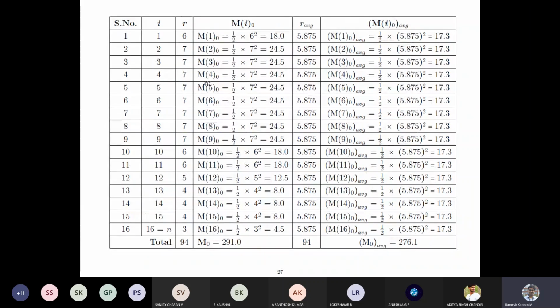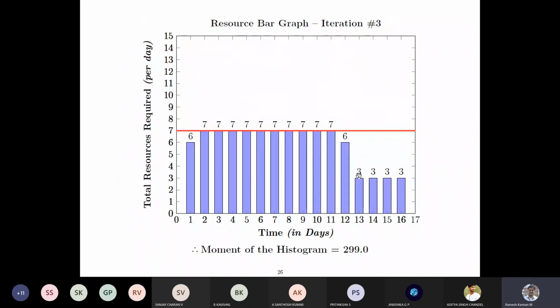So in the next case, we'll talk about moving the extra resources to the last 4 days. Say for example, in this case we have got all 3. We can move some of these to this, so that it will become 4. So these over allocations can be moved to this particular area.